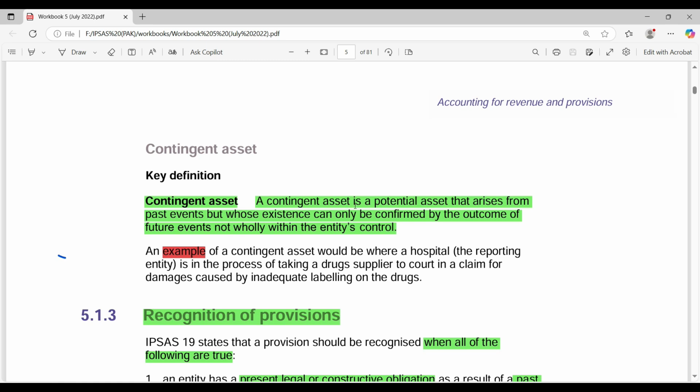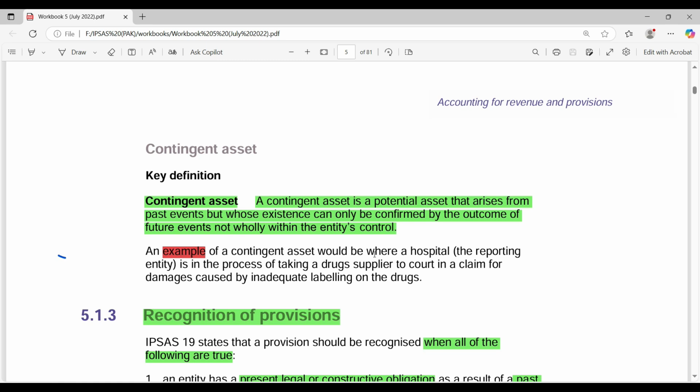A contingent asset is a potential asset that arises from past events but whose existence can only be confirmed by the outcome of future events not wholly within the entity's control, maybe the occurrence of some event in the future. For example,